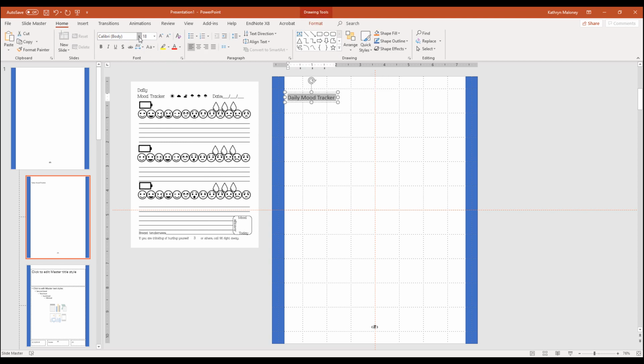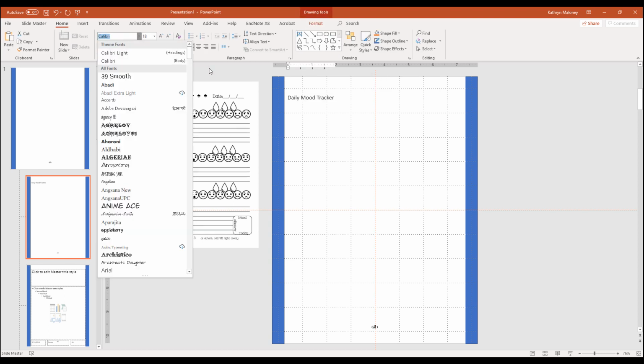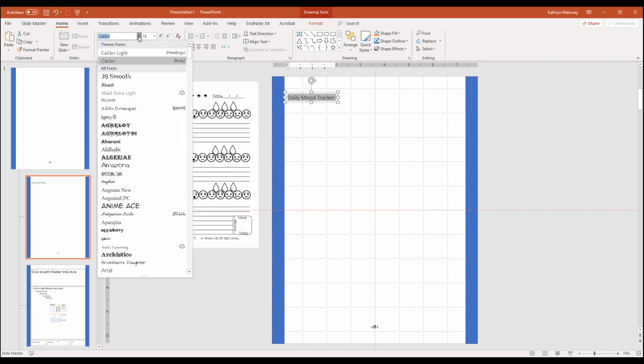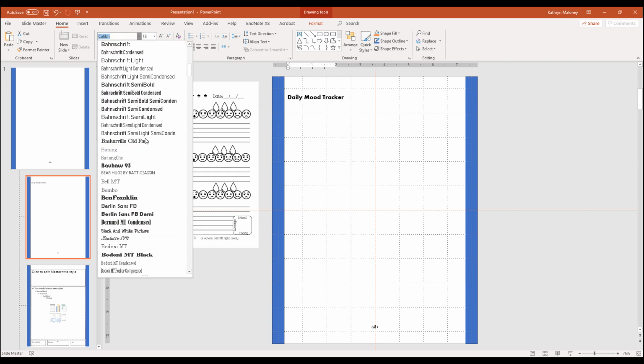This is where you want to change your font to whatever you like. The font I'm using here was actually $1 on Creative Fabrica, and I'll put a link below. I'm not sure if it's still $1. What's really cool is they have weekly deals of some really cool stuff. But since we're only going to be using PowerPoint right now,